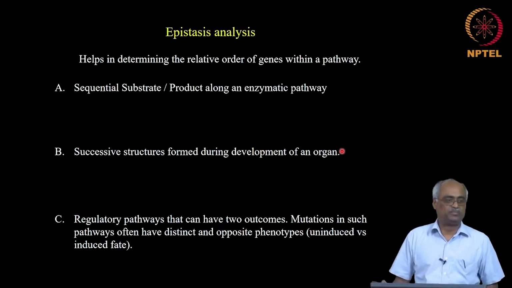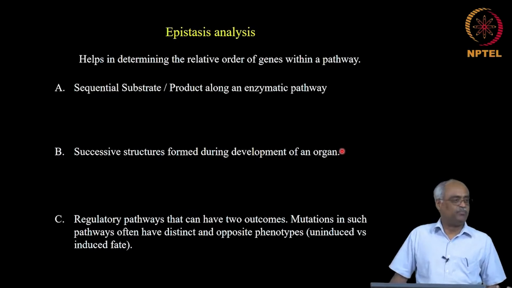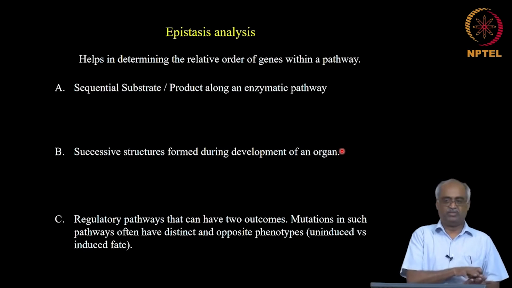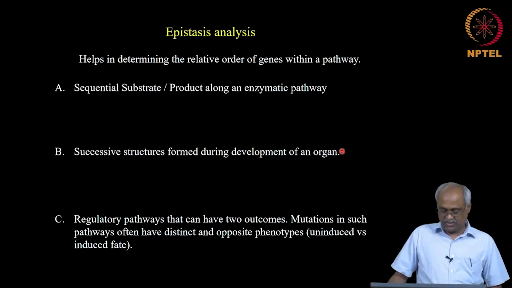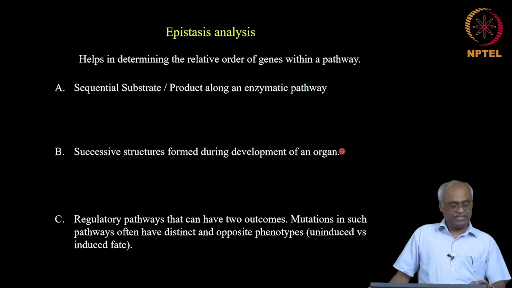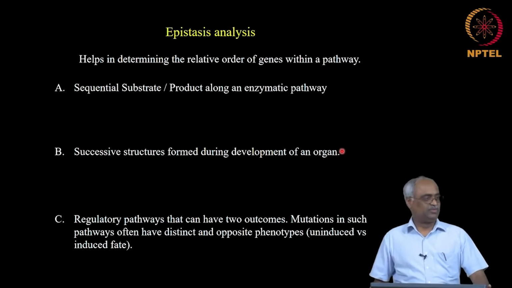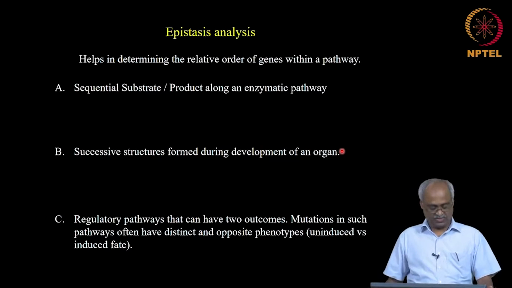So you make a limb bud, then it protrudes some more, then it spreads into making different bones, and then you have the web dissolving to make your final form. So that sort of a structure. So these two are clubbed together here, okay. So we are going to see it that way when we do epistasis.